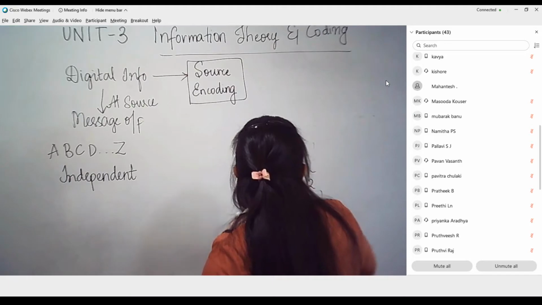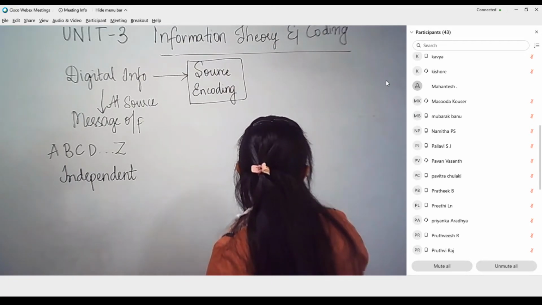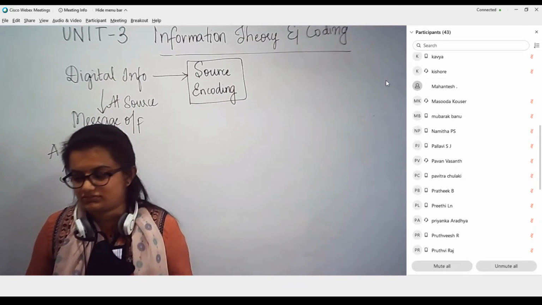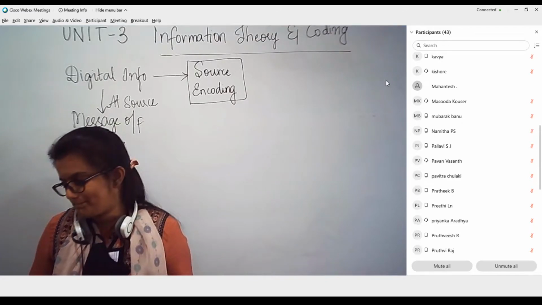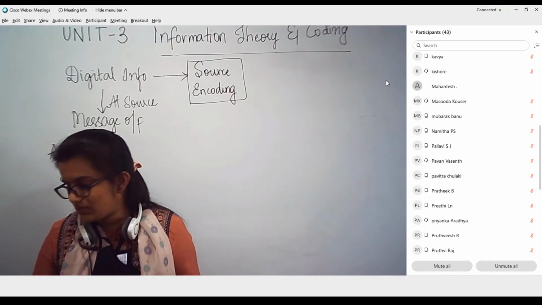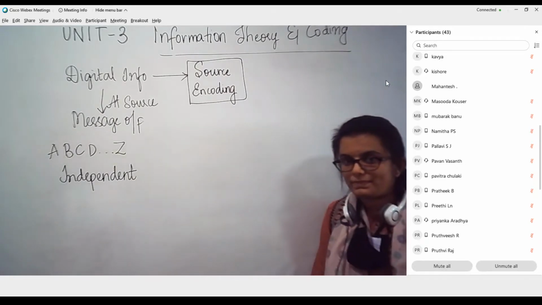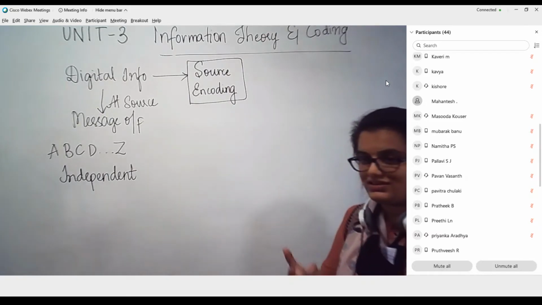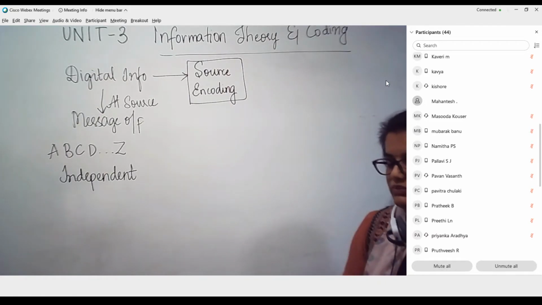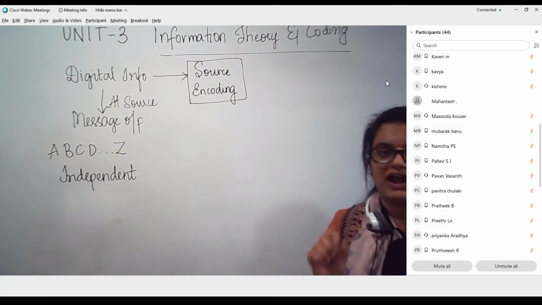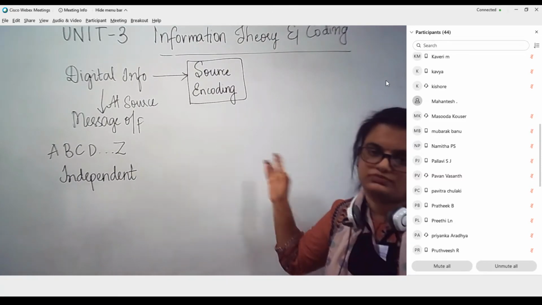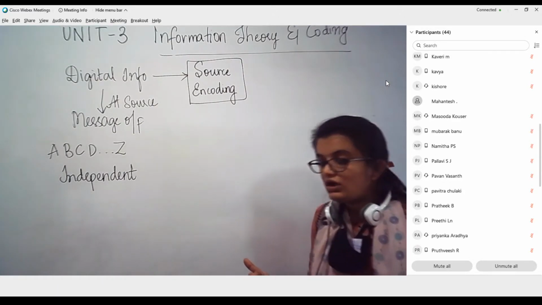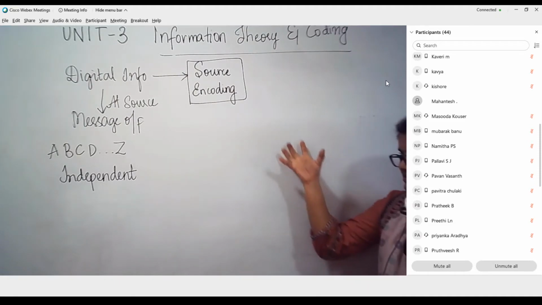Okay, so why do we have to do all this? Can you tell me? I gave you the answer already. Why do we have to do this? Ma'am, to use the better bandwidth and to not miss out the symbol, to improve the information. Correct. One thing is the main purpose of doing this is to reduce the bandwidth occupancy of the message information. That is one of the major reasons, and also how much should be the data rate.